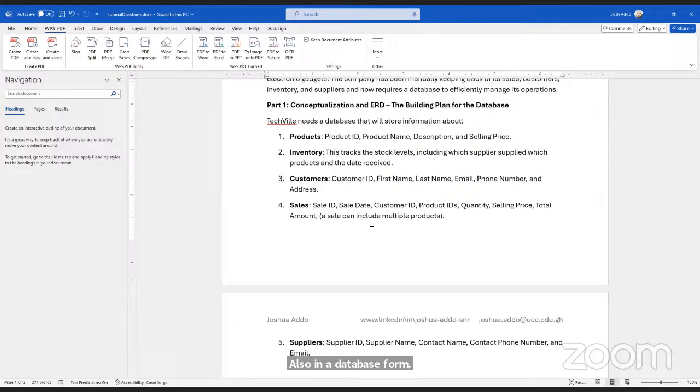The data should be telling us what is happening with the physical things. So we can read what is happening physically from the data. And that is data science, data analytics, data mining, whatever you want to call it. So that will be the inventory table.